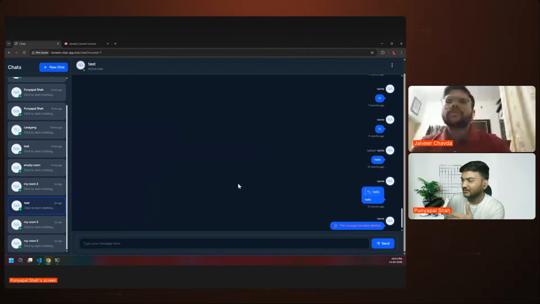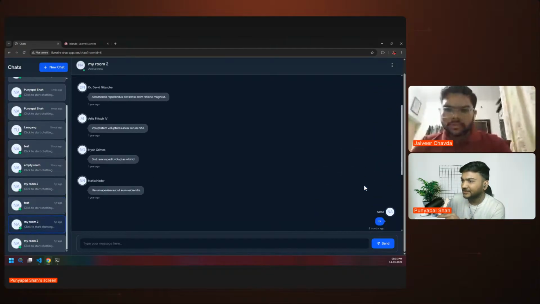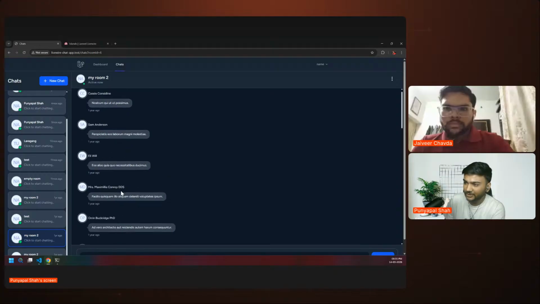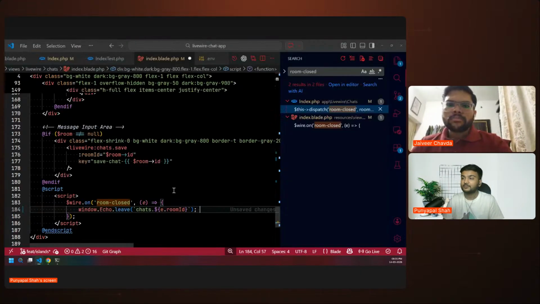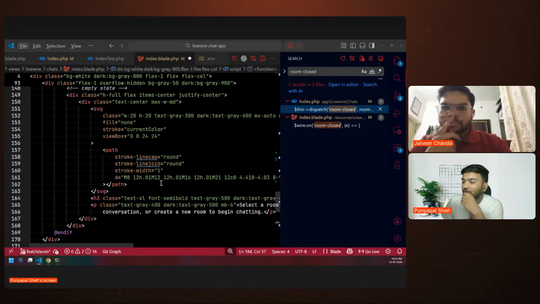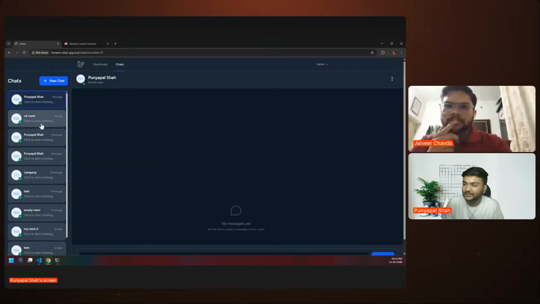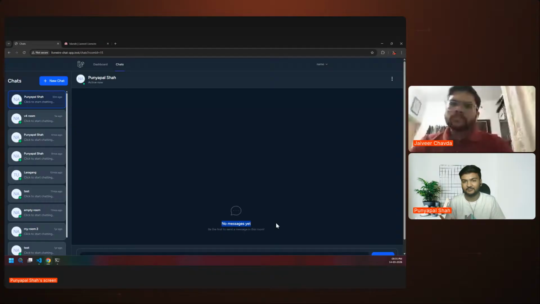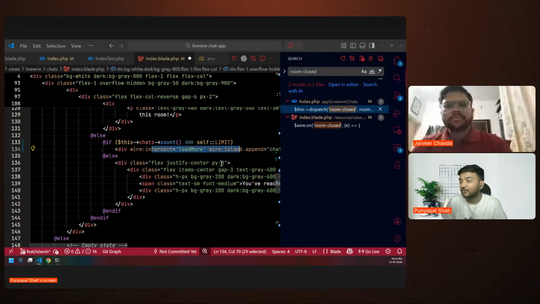Correct. Because if I go to room two, we have few messages over here, few messages over here, and which is continuously we are getting. But the problem is, the first problem I need to check is we created a new room and the no new messages is working fine, right? Because we will not have island at all. But now the other problem is when we don't have